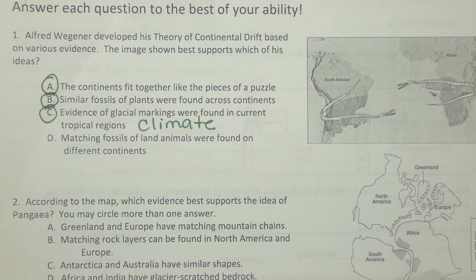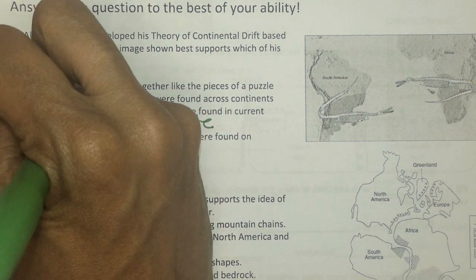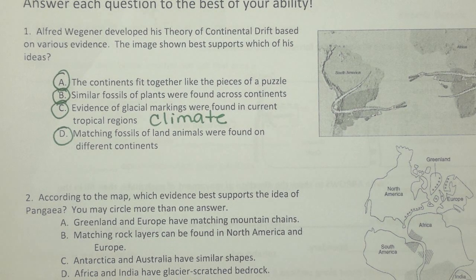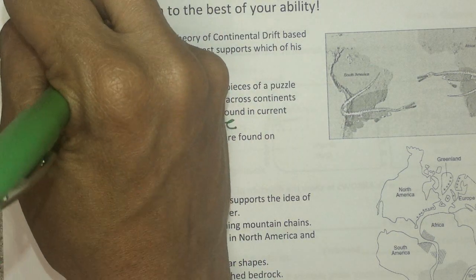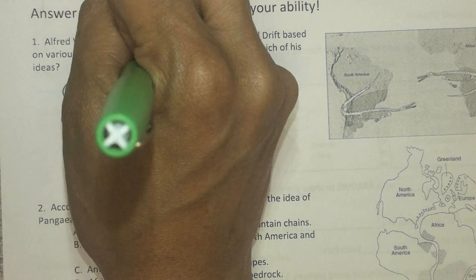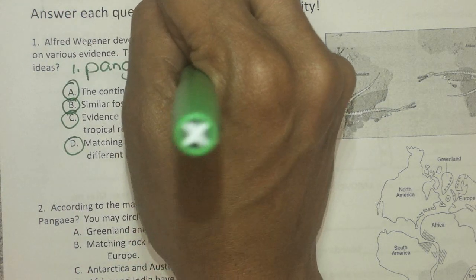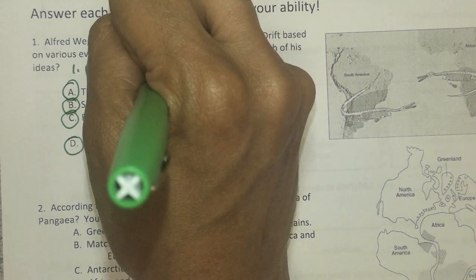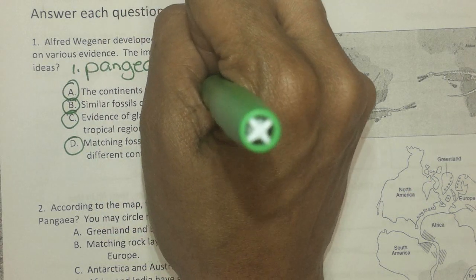Okay, and then matching fossils of land animals were found on different continents. Yes. Okay, so all of these were pieces of evidence. And what you might have seen in your various classrooms as your pieces of evidence was 1, Pangaea, 2, fossils, 3, climate,